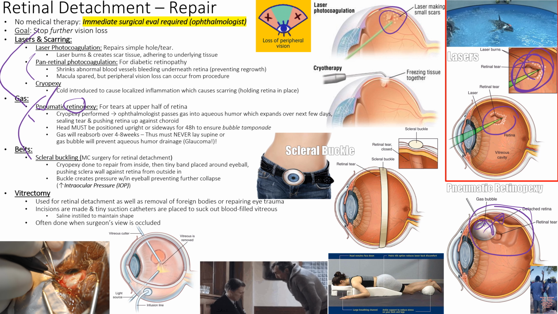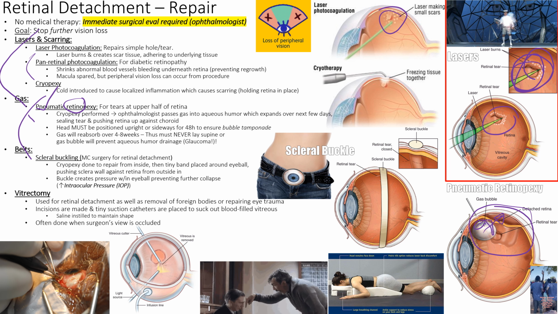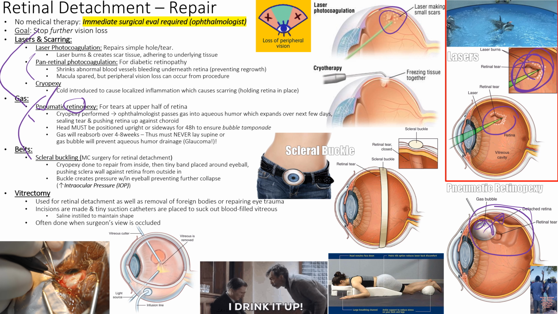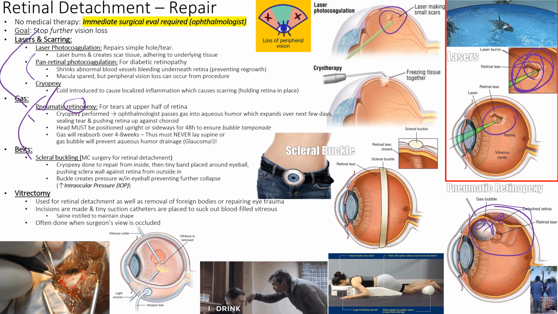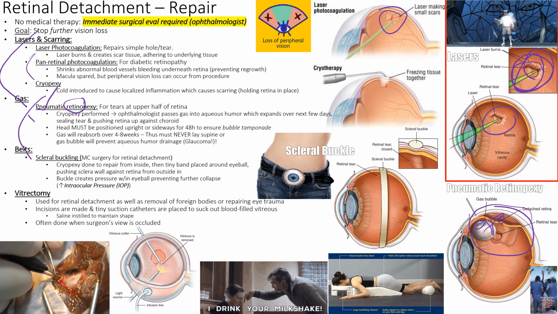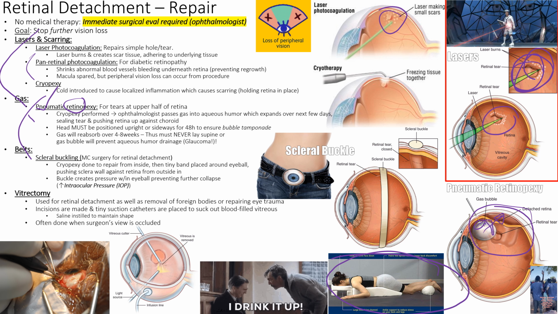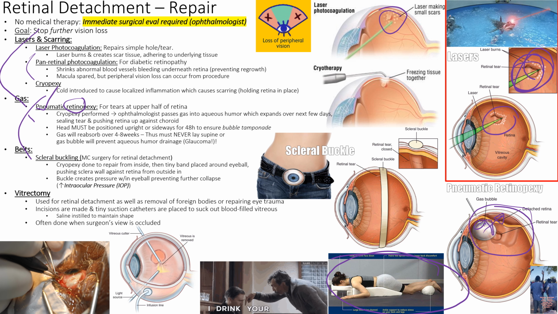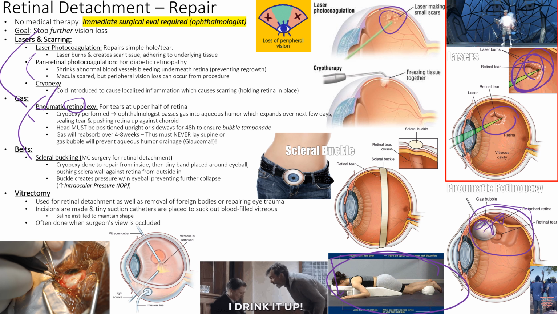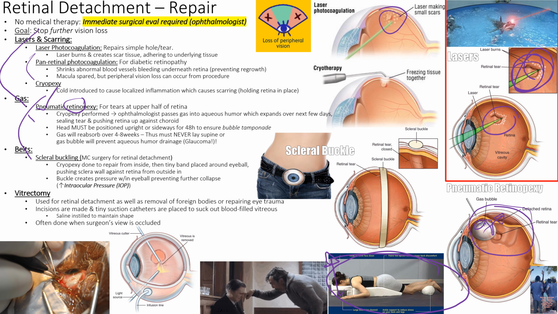so it doesn't separate further, right? And then you have to instill the biggest amount of fear in them altogether. You have to say, well, you cannot lie supine. Otherwise, the bubble will go to the front of the eye, and you probably won't be able to see well, but also your retina will further detach. So they always have to lay like this. They have to buy this on Amazon and wait 2 days. They didn't buy Prime, and they have to make sure they are sleeping prone. Because if you're sleeping prone, the bubble's going to go to the top, right? Air rises. So they have that option for repairing their retina.